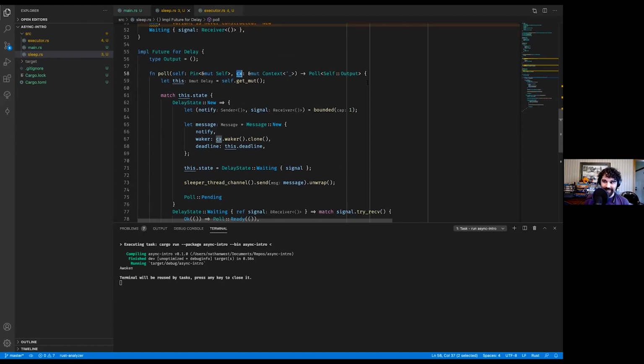And a reactor is the other half of Tokio. I mentioned earlier that the executor was the first half. The reactor is the other half. So when you're talking about Tokio, you're talking about smol or async-std. You're talking about async runtimes. You're talking about a library that provides an executor and a reactor, and primitives that interact with them, right?